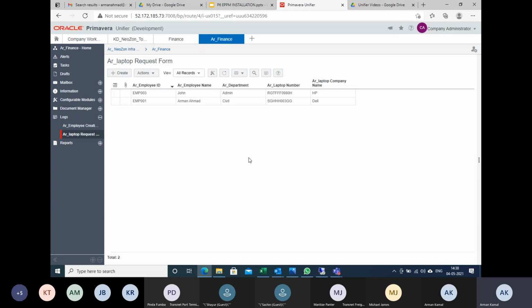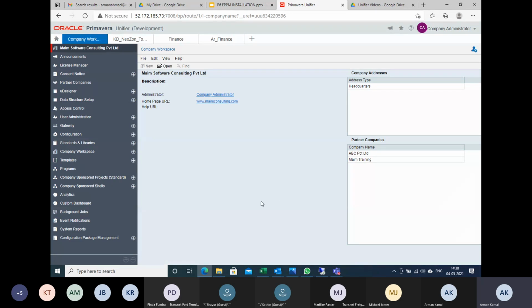So what I need to create first, I will create the user first. Then I will give the access to different cells, then I will give the access to different BPs to different employees. So first I will create the user IDs. Okay, user details. So how to create that?